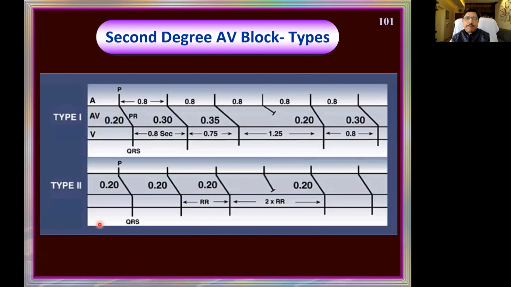Keep this diagram in mind. This is the best way. So here the PR interval is constant. There is no progressive lengthening. Of course, it will be 0.2 or more. That condition has to be satisfied. And there is a dropped beat here. And exactly this is 2 times the RR interval here, and this is again the same as that. So the dropped beat is not conducted from the atria into the ventricle. No QRS has appeared. The RR interval of the pause is exactly twice the RR interval of the previous as well as of the next. Such a picture is called type 2.